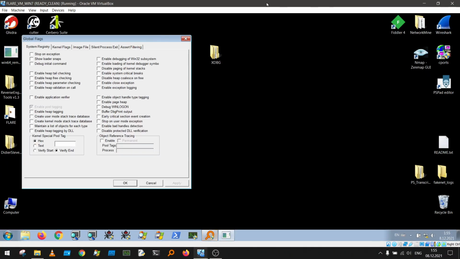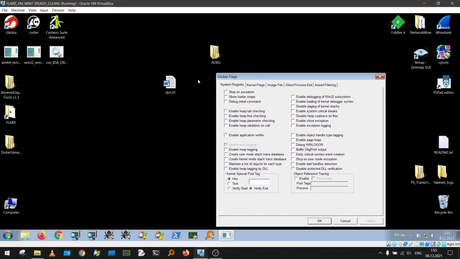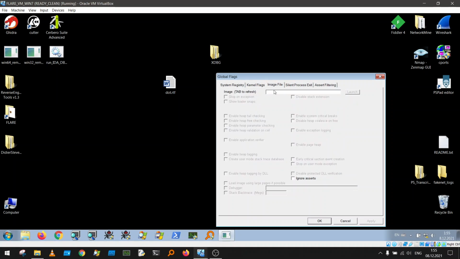And why I'm using gflags: basically, if I run the .rtf document, a Microsoft Office document, Microsoft Office Word will run and it will spawn the Equation program. And I want to set the image file options thanks to gflags, so that I attach the debugger to the Equation program, which starts with the file name I will show you. So I will go to the image file, copy EQNEDT32.EXE, press Tab to refresh, and here you